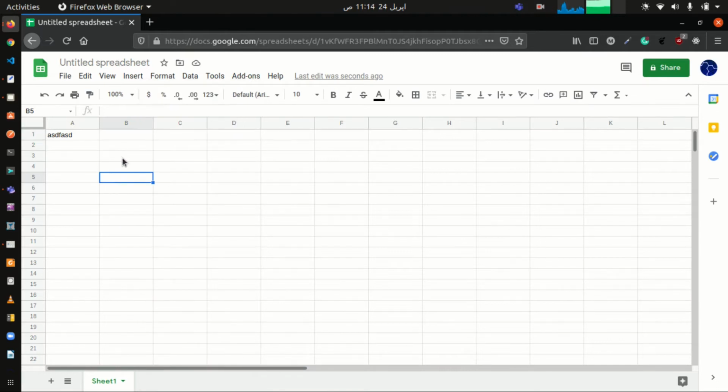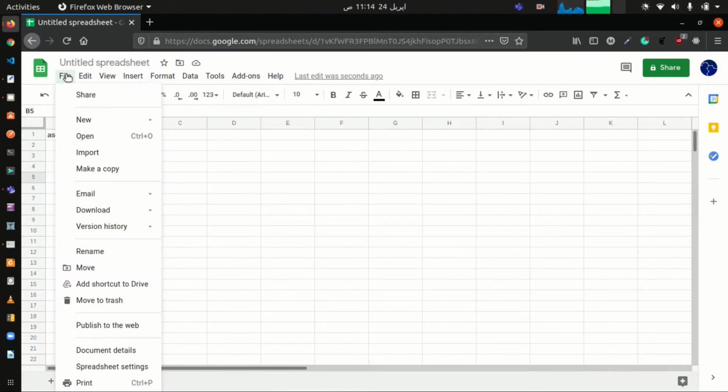If you want to open a new sheet, you can go to the File menu, click on New, and then you can open a new spreadsheet, document, presentation, or other kinds of files.